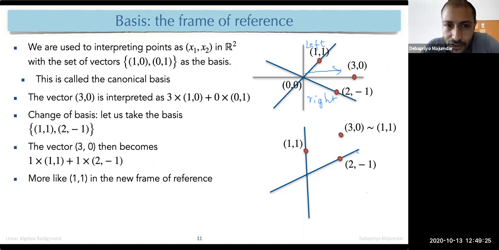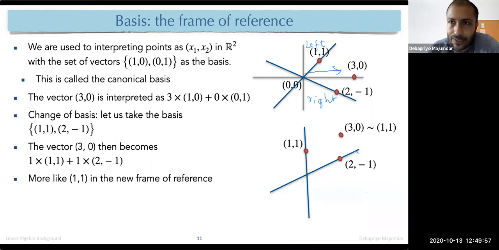Now if you change your basis, what happens is essentially you move around, and also as if you are wearing a different kind of lens. You know that with a fisheye lens, you can see a much wider thing in a narrower frame of view, right? And with a different kind of lens, you can only see very little of whatever view we can see and things like that. So essentially change of basis is a different frame of reference.